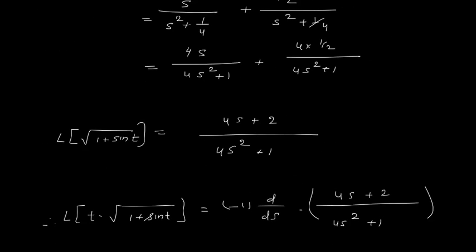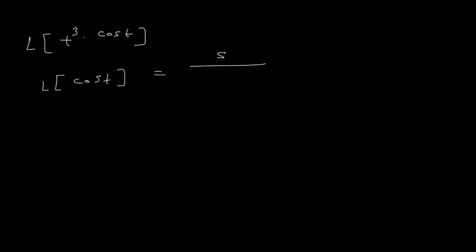So let us see one more problem. We will take one problem in which we have to differentiate many times. So let us take a problem of, we have to find Laplace transform of t cube into cos t. So Laplace transform of t cube into cos t. So first we will find Laplace of cos t. Laplace of cos t is s upon s square plus 1, right? s square plus a square, a is 1. Now Laplace of t cube into cos t,